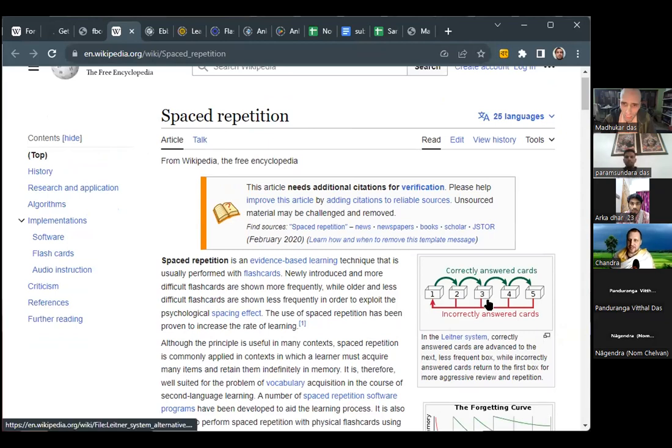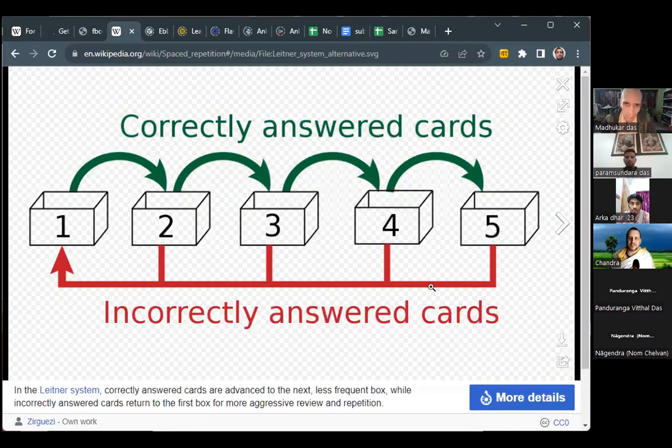So here's a little example of one system, just to give us a practical example. Say you have 10 cards in this box, and you study a card, and you get it right, then it goes in the next box. Box one, you'll review every single day. Box two, maybe every 3 days or 5 days. Maybe box three is once a week, four is once a month, and five is maybe every 6 months.